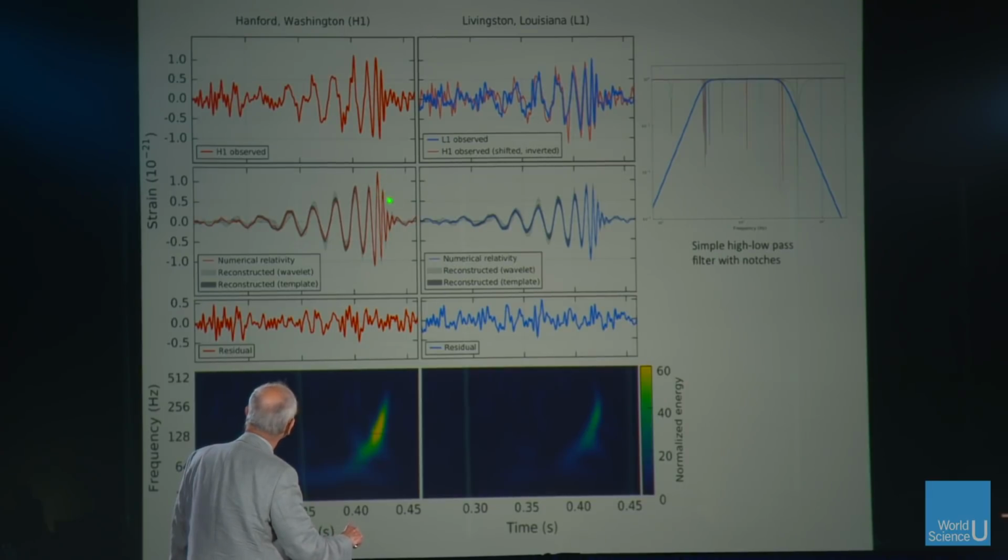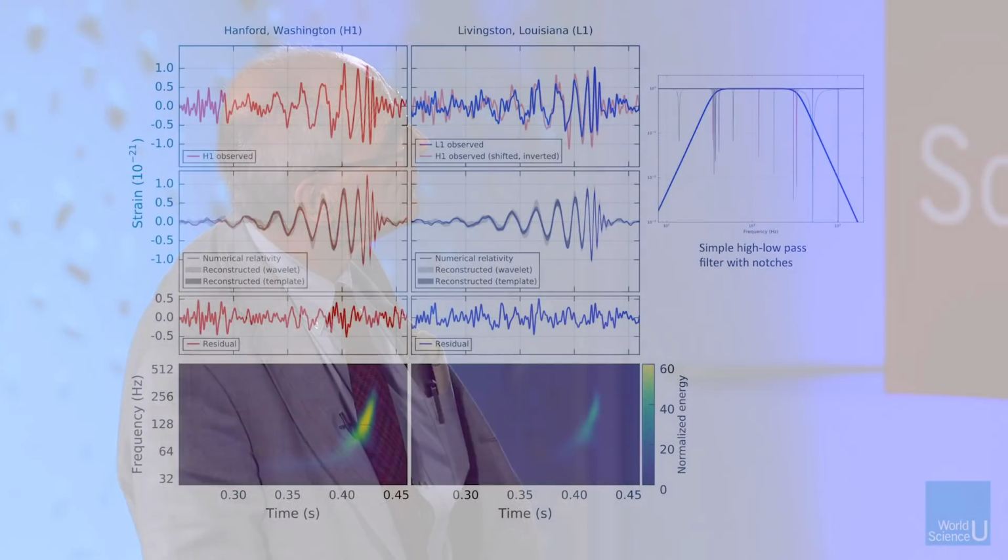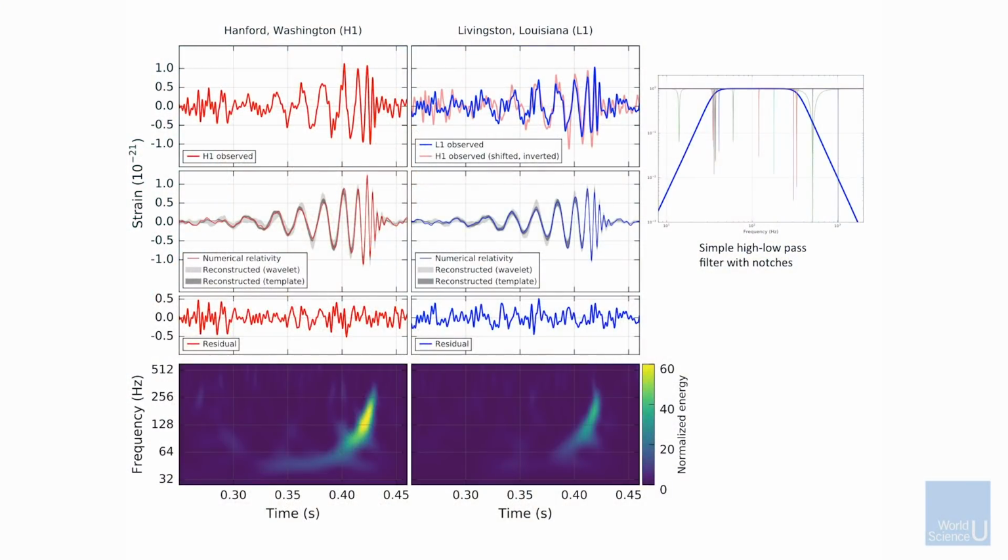Now, the thing that you'll see in a minute is that this is a curve that has sublevel oscillations that are growing in amplitude. We'll explain to you what they are in a minute. But they have been filtered by a filter that looks like this. This is frequency, and this is the filter. This is one, and so it's cutting out. This filter is like a bass control on your audio set and a treble control on your audio set, and you're killing the treble and you're killing the bass. And then we did that deliberately because we want to be able to see the signal. This is a signal we see directly without all sorts of fancy signal processing. So that was very important to us because we put it through a filter like that. And that was something we didn't expect.